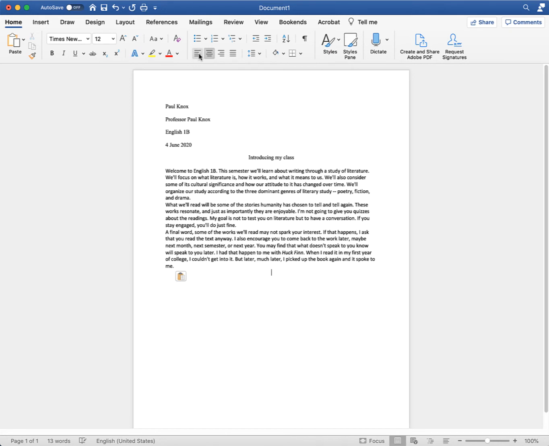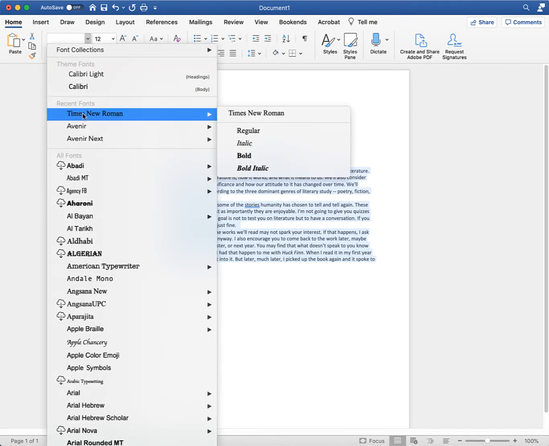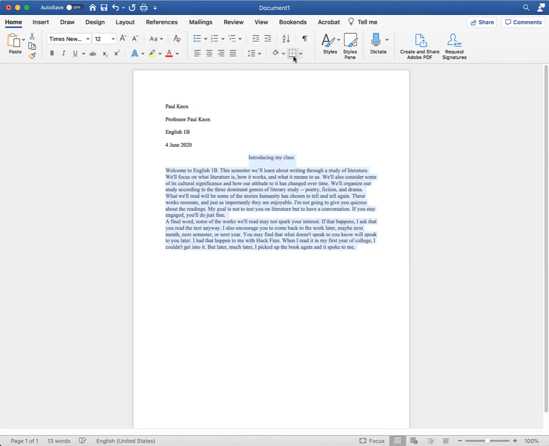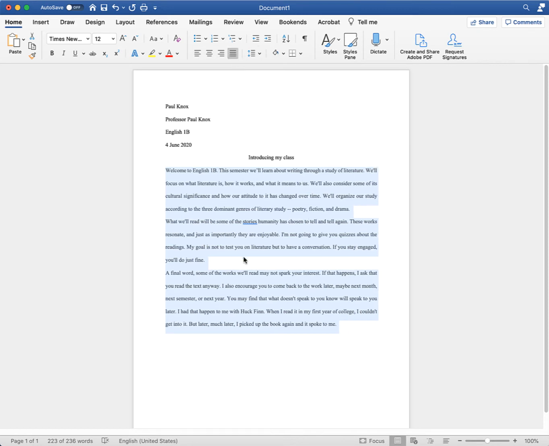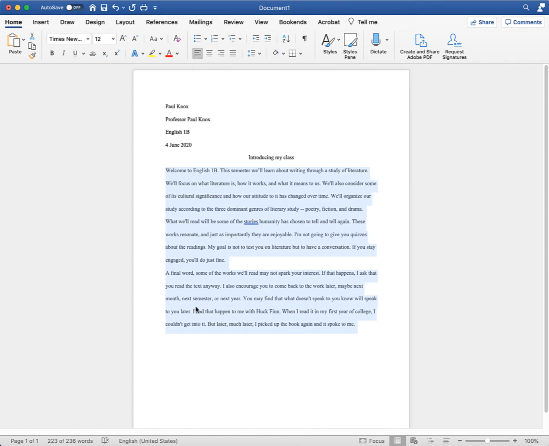We want to make sure that our text is left aligned. We want to make sure that it is Times New Roman, regular. And we want to make sure that it is double spaced at 12-point font. One point to avoid is this format, what's called justified left and right. This is also known as block format, and it leads to some really weird spacing between the words. So in MLA format, everything should be flush left and then have jagged lines out on the right.